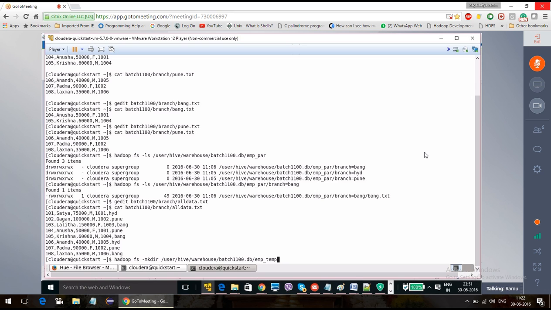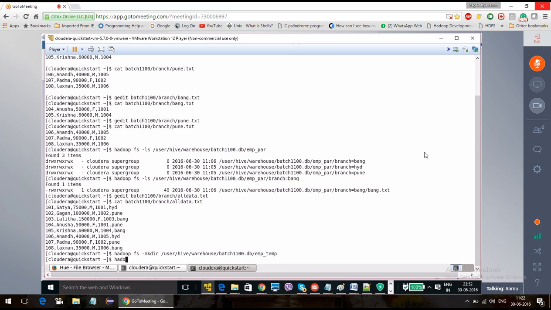So directories got created. Now I am going to send this data directly to that path. Hadoop fs -put.